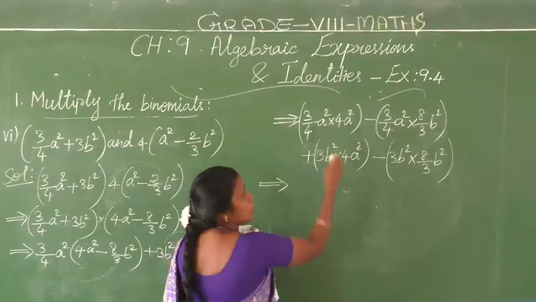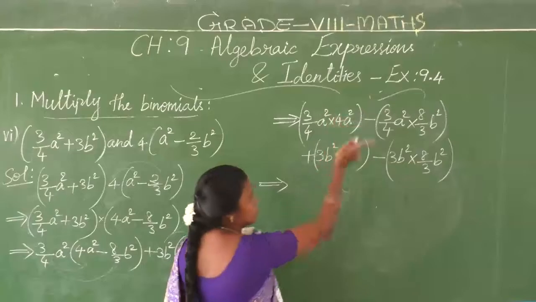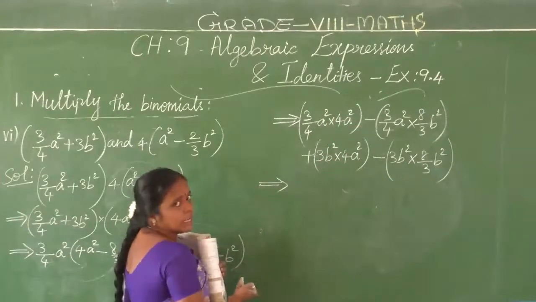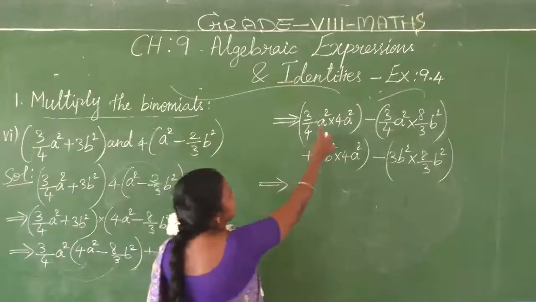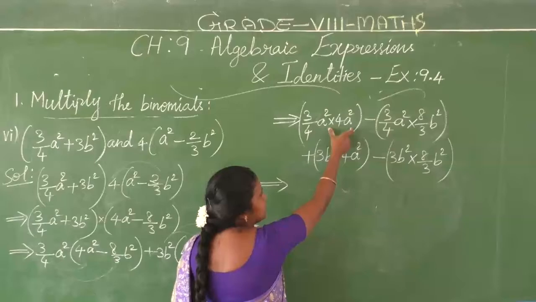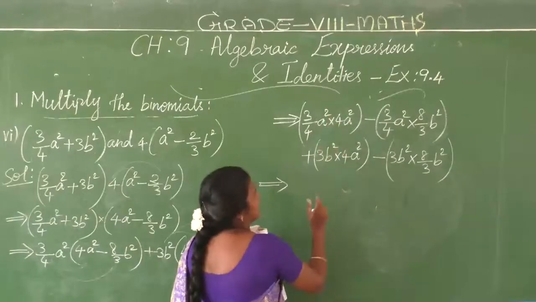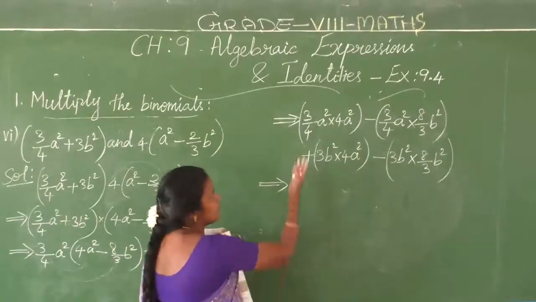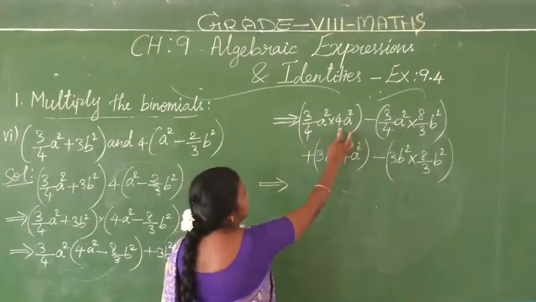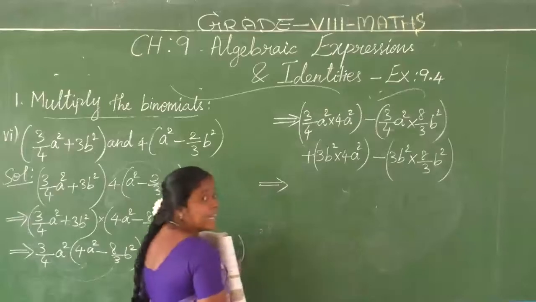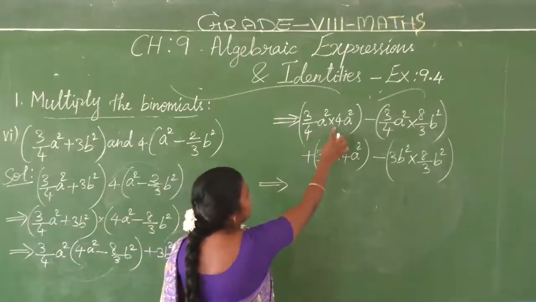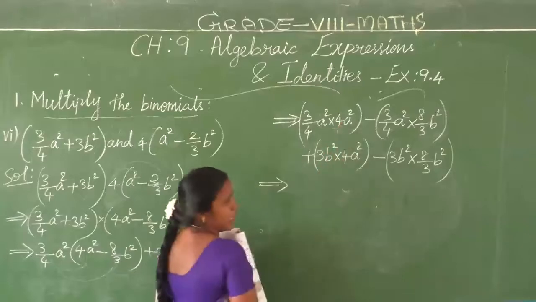a square into a square, a power 4. Bases are the same, so powers are to be added as per the laws of exponents. About that, last week in class itself I told you that a square means you can add the same powers. Same variable with the same power are called like terms. Like terms coming in product section, how do you multiply? Same bases means powers can be added in the product section. Okay, that means what about the coefficient? This is 4/1, like that.